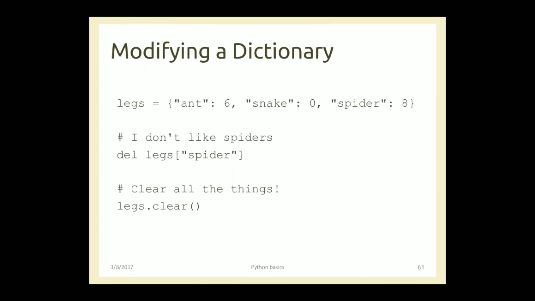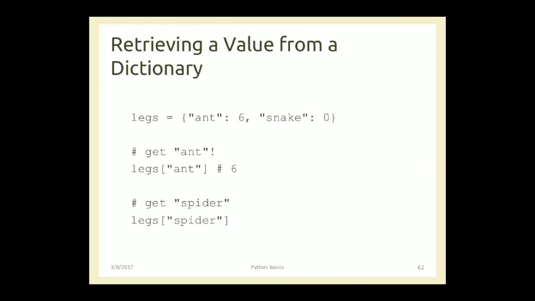Next is when you want to delete any item. Let's say I want to delete the item spider from my dictionary. I'm going to use the del statement: del, then a space, then the dictionary name legs with spider in the brackets. This complete item along with its value will be removed from this dictionary. And if you want to clear all the content of this dictionary, use the clear function. Using legs.clear(), all the items will be removed.